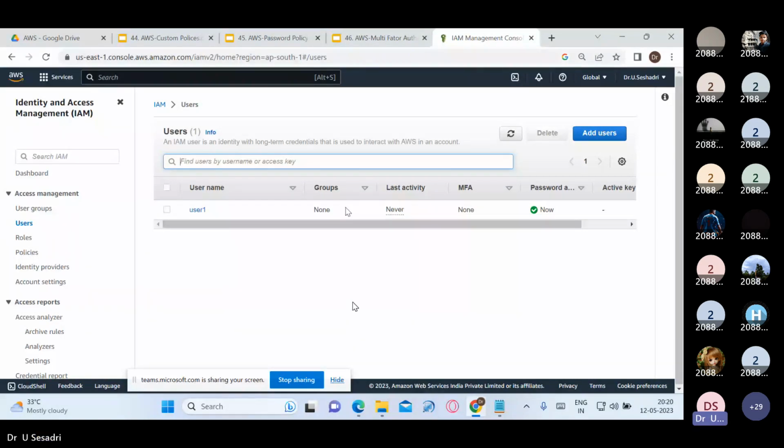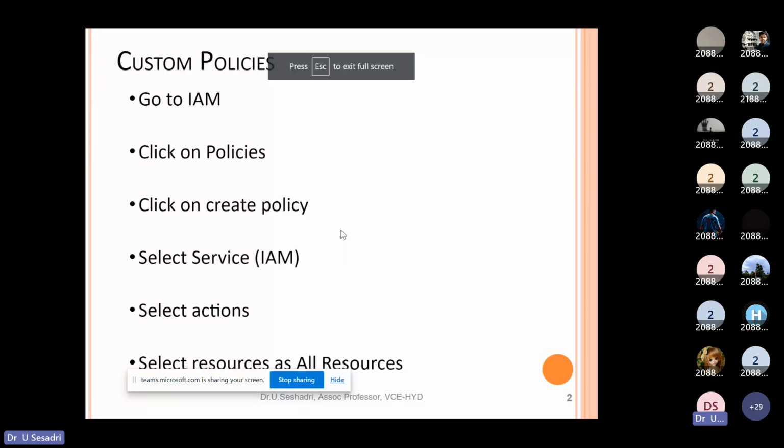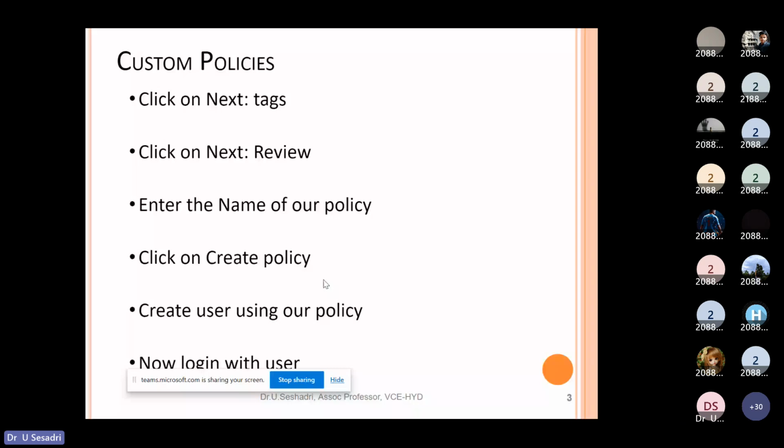Now, those are the steps we have to follow for the custom policy. Go to Identity and Access Management, click on Policies option, click on Create Policy, select the IAM service. We have to select the action, select resources as all resources. If you want to give tags for easy identification, we can give the tags also. Click on Next Review, and we have to enter the name of the policy. I have given my name, Sheshadri policy,